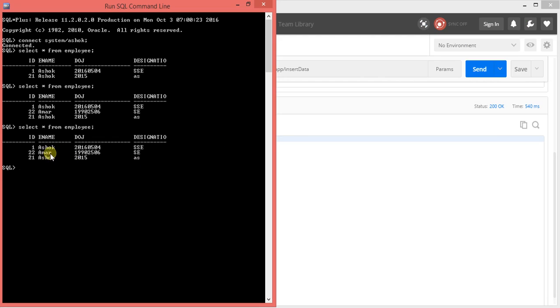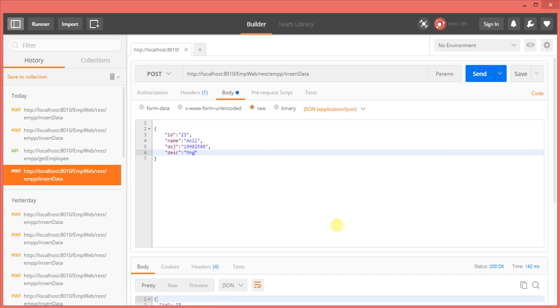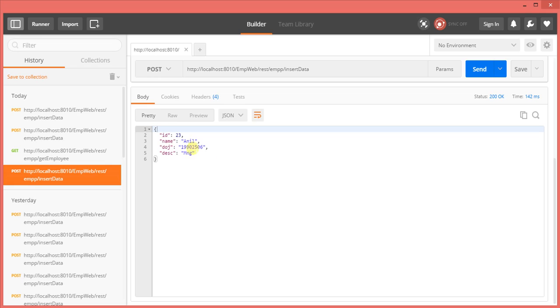Okay, it's already there, 22, and the same data is there. We'll pass some other different data: 23 and Anil, and we'll give the same data under description, and send the request. So I'm getting the same response: 23, Anil, some date of joining and description.